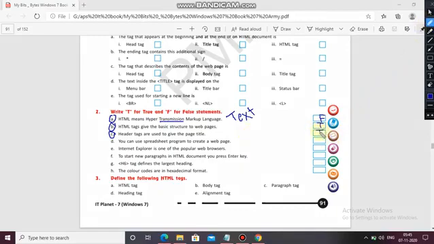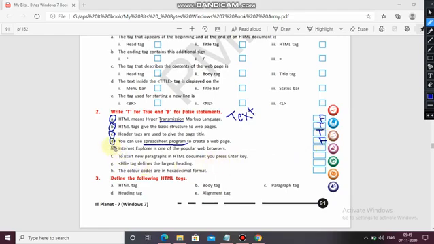Okay. Next, D: you can use a spreadsheet program to create a web page. No, we are not using a spreadsheet program to create a web page, so it's false.